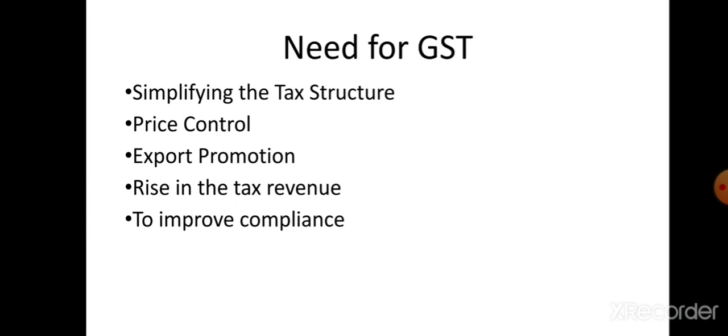The second thing is the need to control prices. It is eminently possible to institute a comprehensive and effective price monitoring and control mechanism in India, which can be achieved by eliminating the cascading effects of commodity taxation, which helps to reduce the price level, along with the changes brought about in the tax structure of goods and services. This promotes the monitoring and controlling of prices under GST.